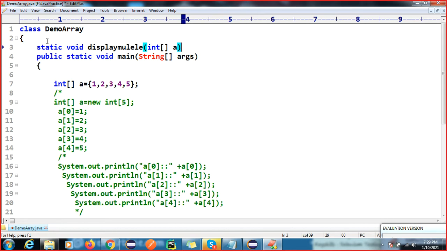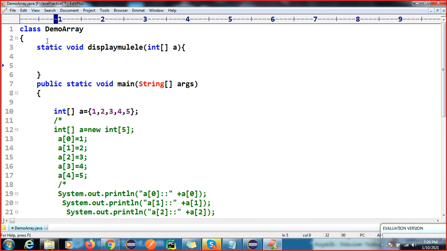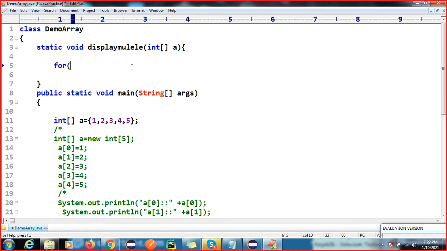You remember we have learned the method concept, right? So why do we use this method, right? So here we will use a for loop. Let me try this, it is working, or if it does not work I will check.